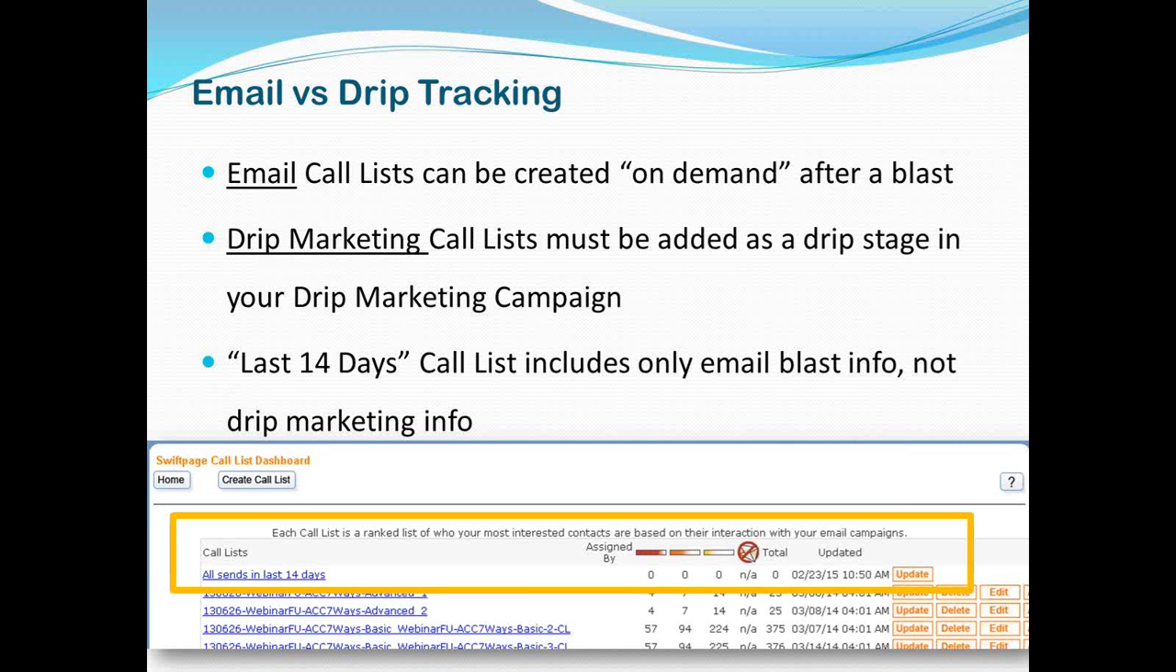You don't get to say, oh, I forgot, I'll go add it now. Once it's past that stage in the drip, you're done, can't go back, can't retrieve anything. There are some built-in reports that will let you look at information in a different way, but in terms of a call list, nope, can't get one if you don't plan for it. Now, also on the call list